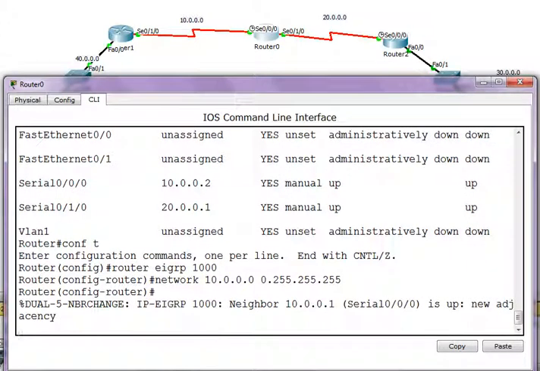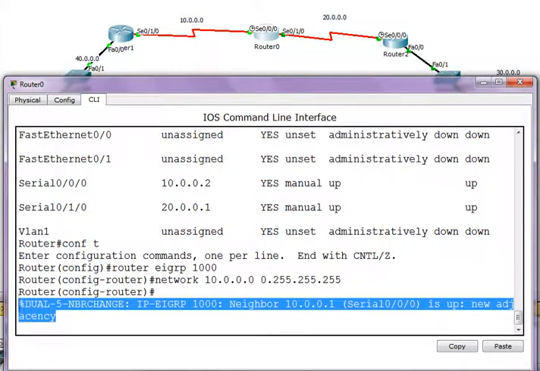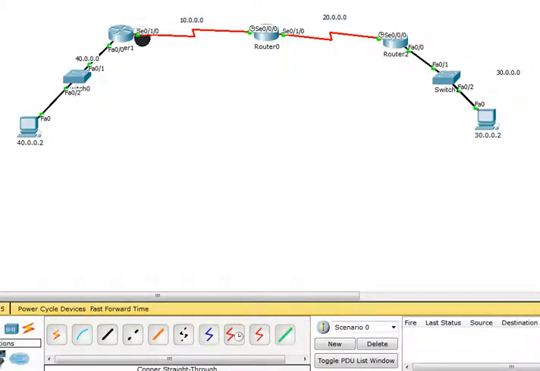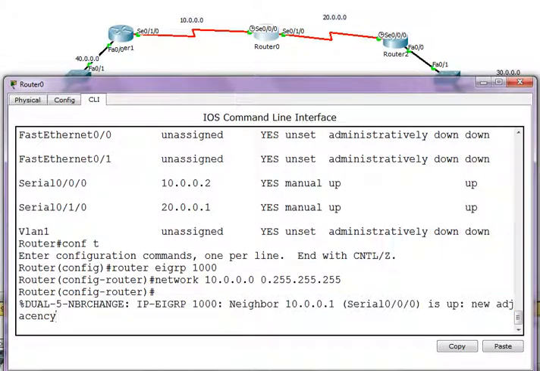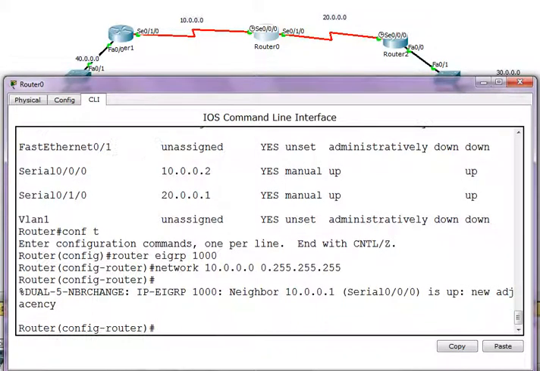Yes, see, suddenly it's so fast. EIGRP is showing me the adjacency message with the DUAL algorithm. It's telling me that you got a new neighbor. This interface is enabled with EIGRP, and in a fraction of a few seconds they both are neighbors, because the hello timer is only 5 seconds.